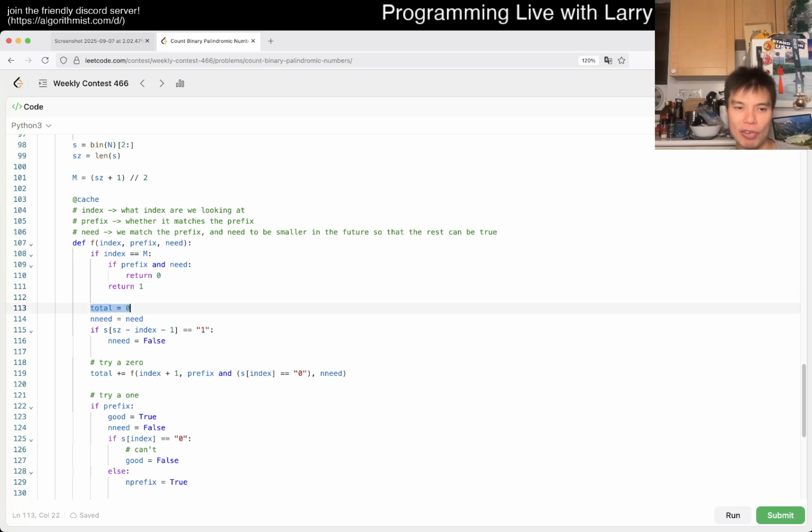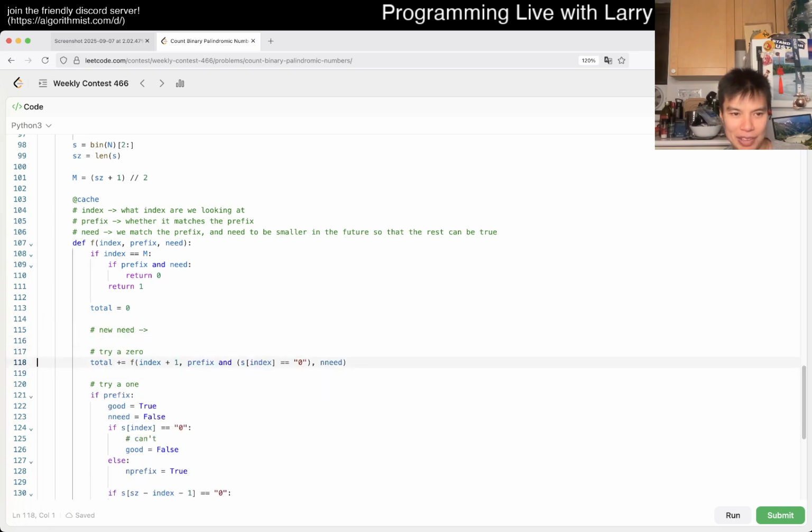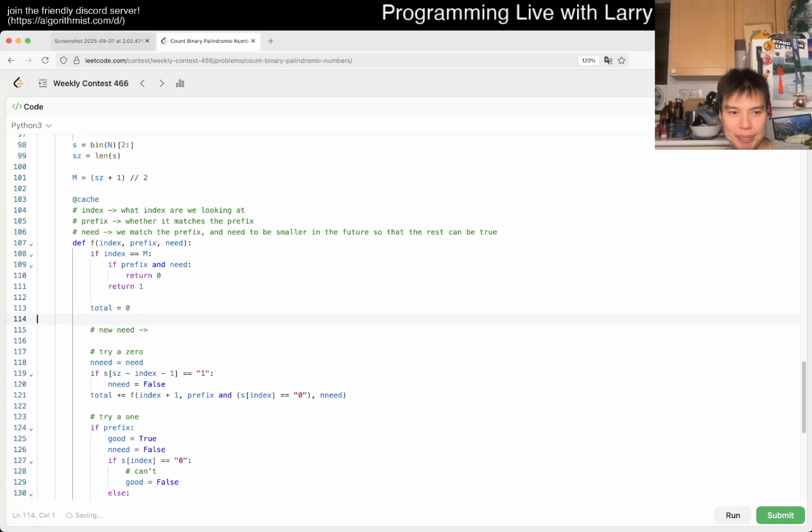Otherwise, this is total. So need is the new need. And this is actually part of this, just to be clear. So we try a 0, right? So new need is if we have a 0,